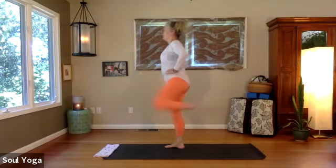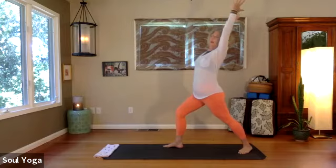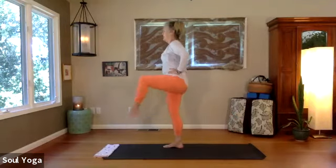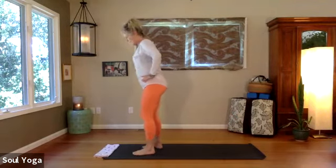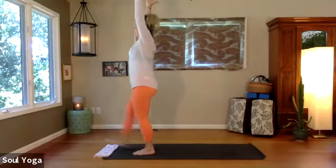Exhale, bring it behind you, slow, methodical, warrior one. Exhale, hands to heart center to the waist. Bring it back. Good, let's do that again, but this time we're gonna leave the arms up. So extended mountain pose, straighten the back, bring the foot up,